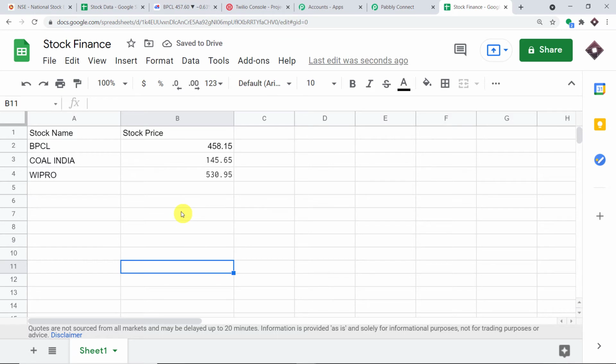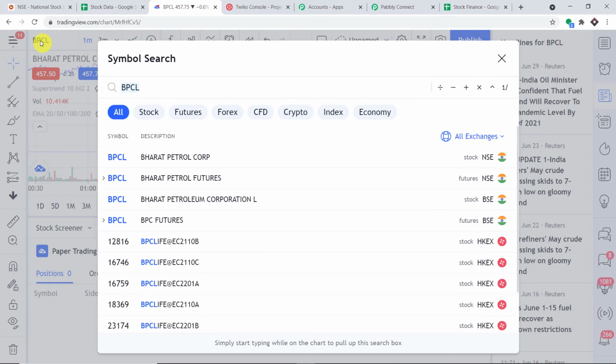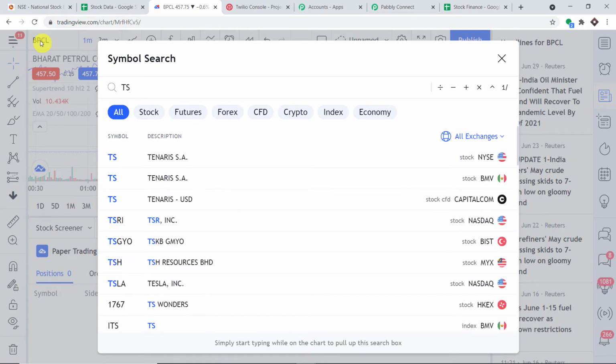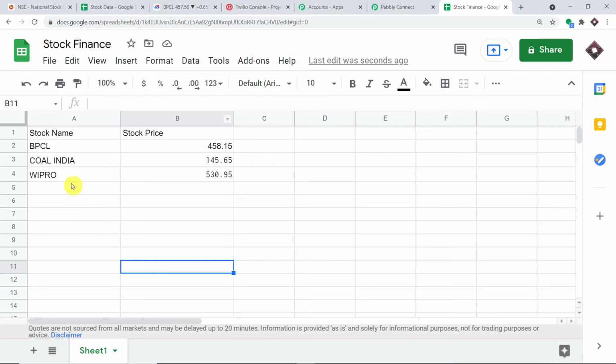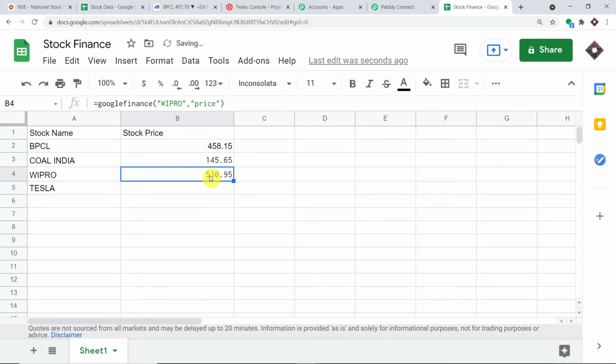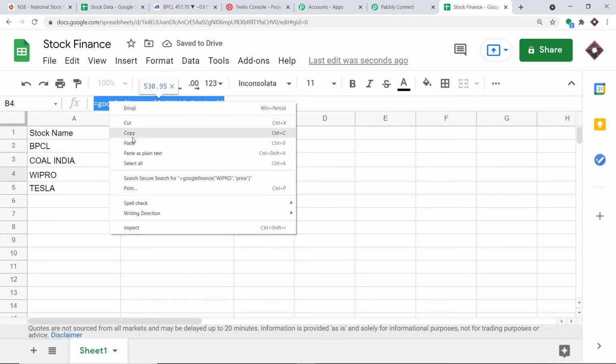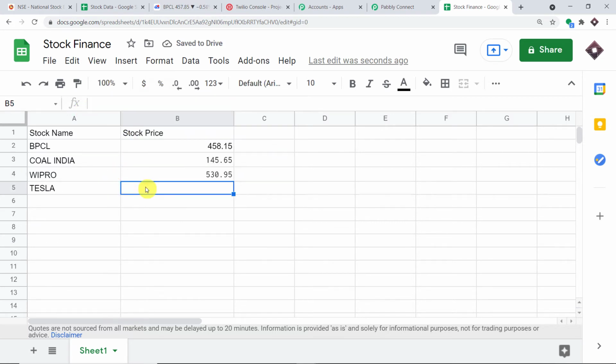Now these are the stocks present in the National Stock Exchange of India. Now if you're wondering what if I want to receive the data of the stocks present in NASDAQ, let's say Tesla or Apple. So this is the stock symbol of Tesla, I think TSLA. Yeah, Tesla, TSLA. So once again, I'm just going to mention the name Tesla. Okay. And after that, I'm just going to copy the code once again and paste it here.